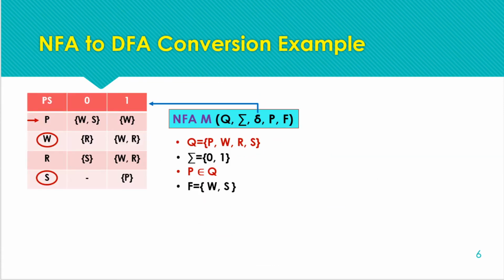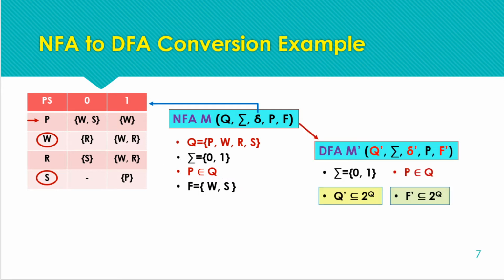Starting with the process, here the tuples of the NFA are as follows: this is the transition table, the set of states, the input symbols, and the initial state. Here we have taken the initial state as P, and for the earlier question we were taking Q naught, so don't get confused, it's just an initial state. And this is the set of final states, consisting of W and S, as we have two final states in the given NFA. So these are the two final states. Now we have to find the resulting or equivalent DFA, and the DFA will have the same input symbols and initial state as the NFA. We have already covered this.